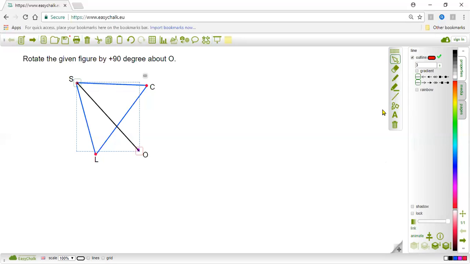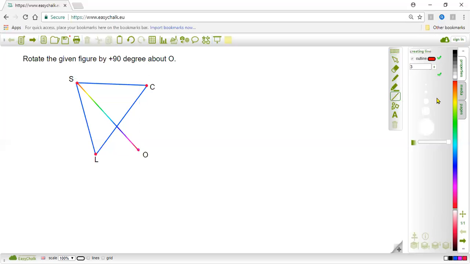So let me take the next color, the rainbow color. This rainbow color represents the connecting lines. This should be a dotted line; you have to give this line as a dotted line. Sorry, in the very first step we have connected this vertex S to the center of the rotation, and in the next step we have to make an angle of 90 degrees